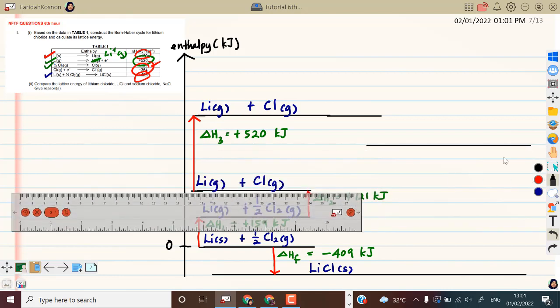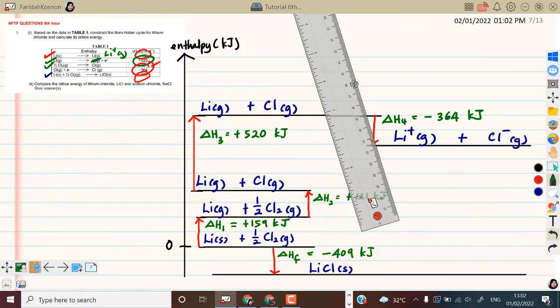Okey, jadinya sekarang saya settlekan dulu klorin. Klorin undergoes electron affinity, so dia akan jadi Cl minus gas. Alright, jadi kat sini plus lithium tadi dah settle plus gas kan. Jadi arrow tu saya buat ke bawah je lah. Proses ini melibatkan energy release. So delta H4 which is electron affinity is negative 364 kilojoule. And the formation of 1 mole of lithium chloride solid from its gaseous ion adalah melibatkan lattice energy, negative